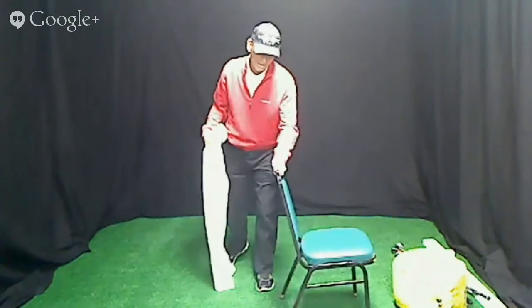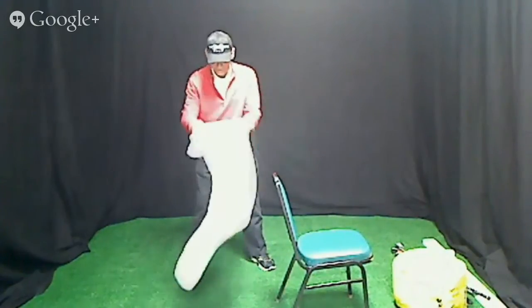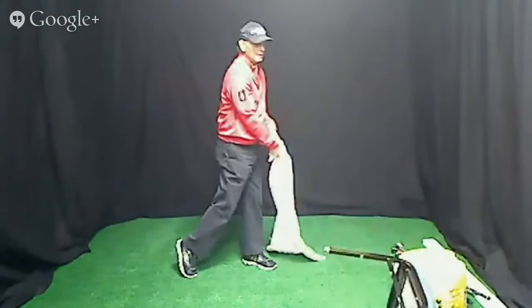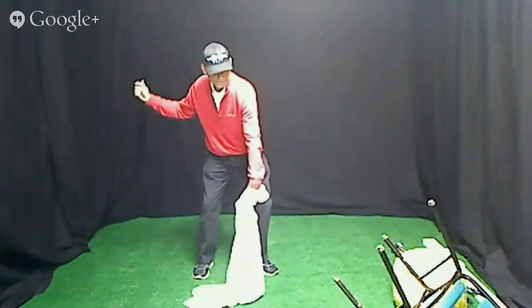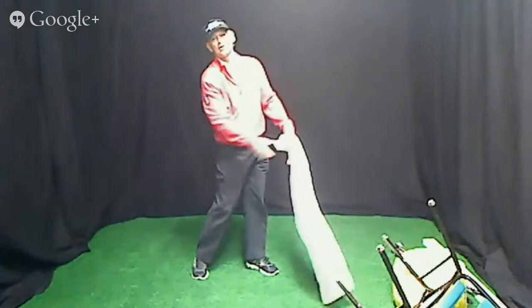Now, I can knock this over if I move it just a touch harder. But again, remember, this is a chair and this is just a regular old towel. So I'm set, I'm up, boom. Knocks it completely over because I am moving forward, upward, inward, which moves the hands straight into the golf ball